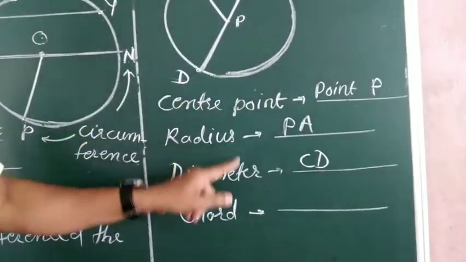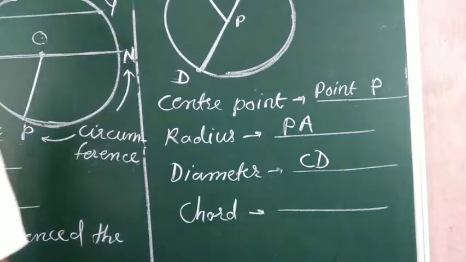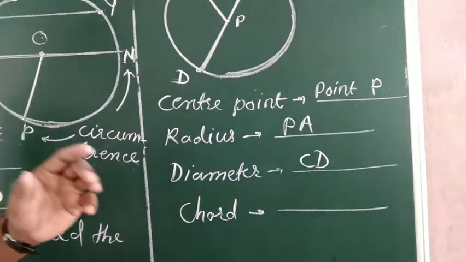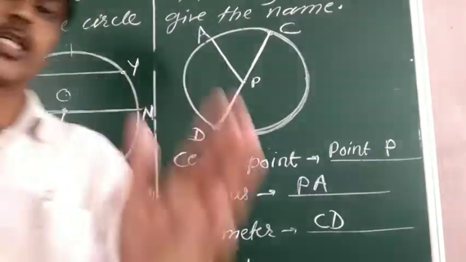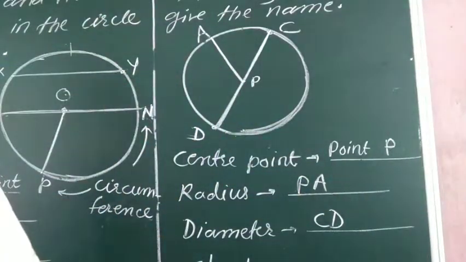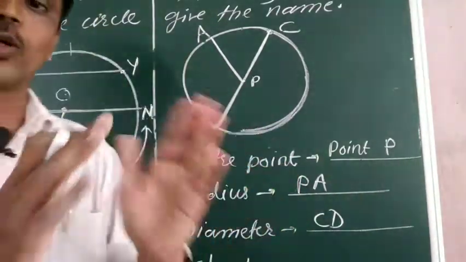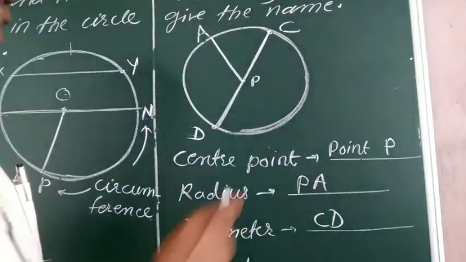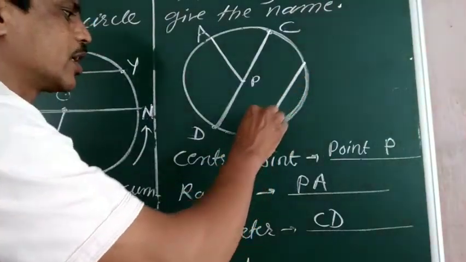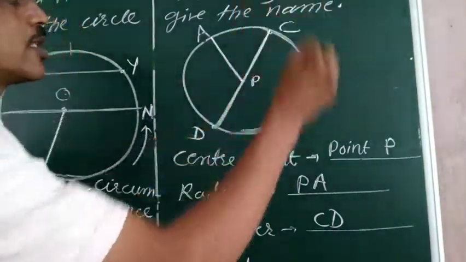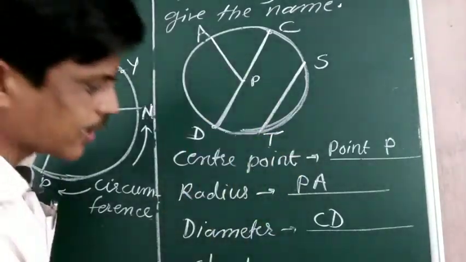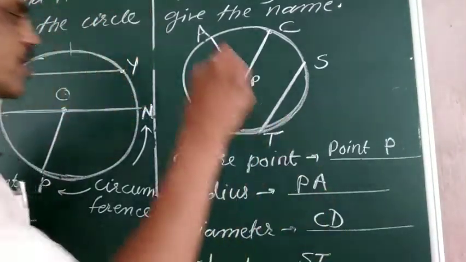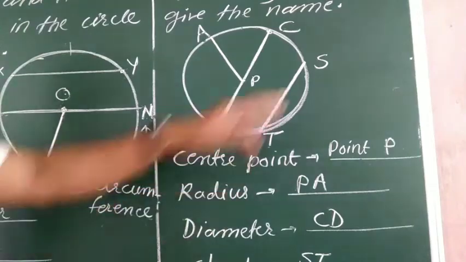And now the last one is chord. Now we have to draw a chord. So what is a chord? A chord is a line segment where we join 2 points on the circle and it is not required to pass through the center. So center से pass हो जरूरी नहीं है. So you can draw like this. So see, it is S suppose and it is T now. So what can we write here? It is ST, for example. So see, ST is a chord.